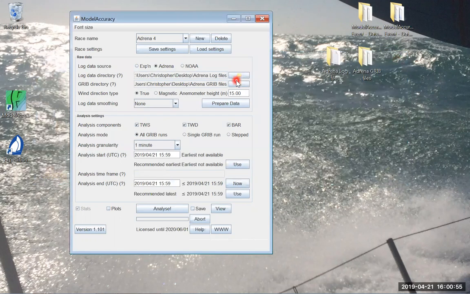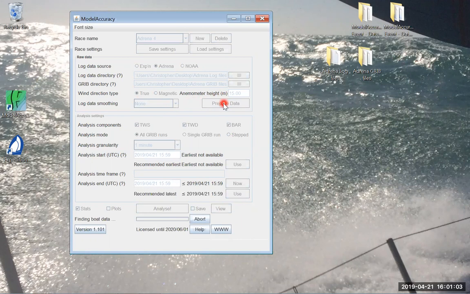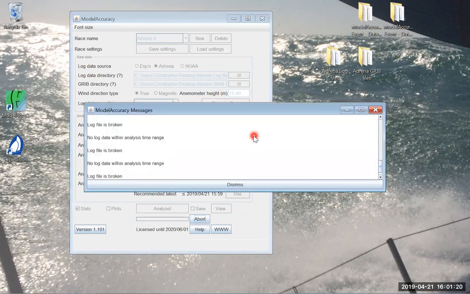So we are mapped, we've got true, we don't need to log data, smooth anything, 15 meters, and we'll click prepare. It's going to find that boat data in the format that we created within our file. It's going to prepare it, and then it's going to give us some recommended times here. We can see the computer's thinking, and it's just going to review that data, format it correctly, and then we're going to go back in,